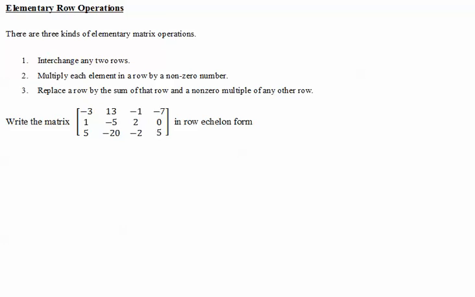And why do we need to do these elementary row operations? If you remember from the previous video, we need to have an augmented matrix in row echelon form, meaning I need a 1 here and 0 below it, and some numbers, and then a 1 here, some 0 below it, maybe 1 here, and maybe other numbers or other coefficients here. And once we have this, we could use back substitution to solve the system of equations. That's the goal. So let's write this matrix in row echelon form